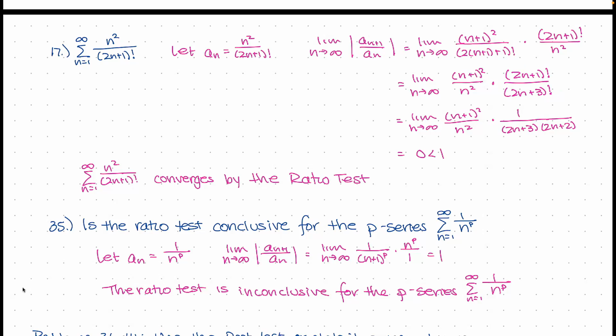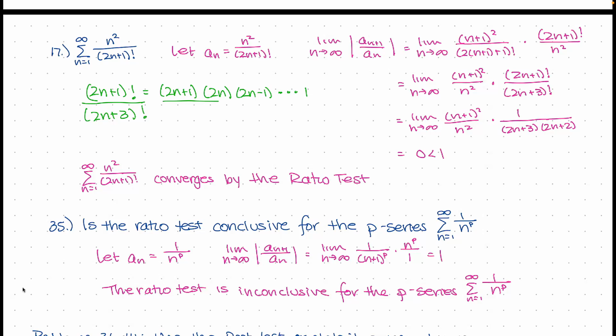So think about what 2n plus 1 factorial means. That means start at 2n plus 1, and then we just decrease 1 every time and keep multiplying. So if we decrease 1 from that, then we're at 2n. Decrease 1, we're at 2n minus 1. And we just keep going down until we get to 1. So that's the numerator. Now if we did the same thing with the denominator,